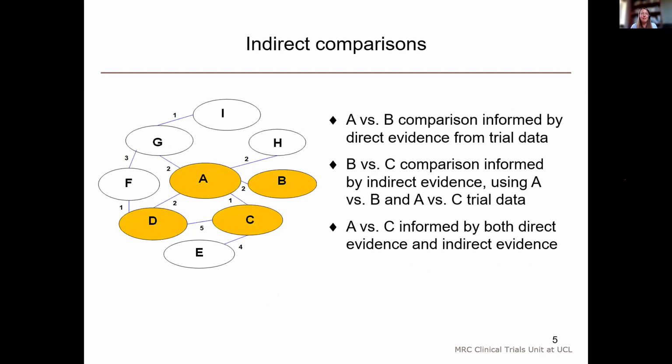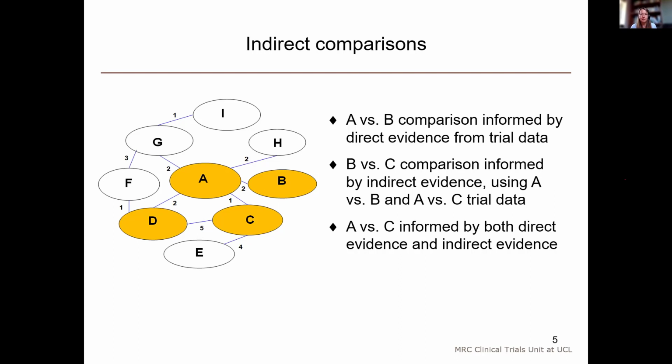I'll now explain a bit more about using direct and indirect evidence. So in this network, the A versus B comparison is informed only by direct evidence because 2 trials have evaluated this comparison. The B versus C comparison is informed only by indirect evidence from the network. No trials evaluated this comparison, but we have indirect evidence from using the A versus B and A versus C